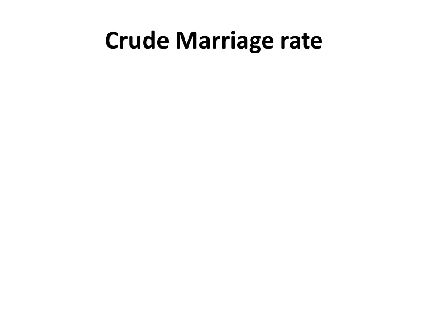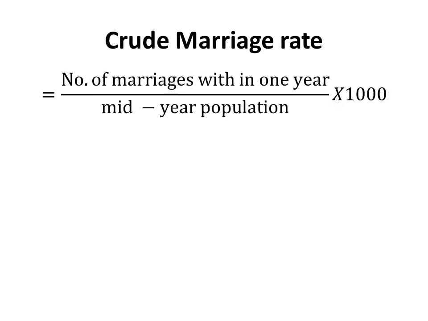Crude marriage rate is the number of marriages in the given year divided by mid-year population into 1,000. Again crude because the denominator is mid-year population. This may be required for calculating the amount of services, contraception services required, because for example in India marriage is almost universal. So the crude marriage rate is high in India.